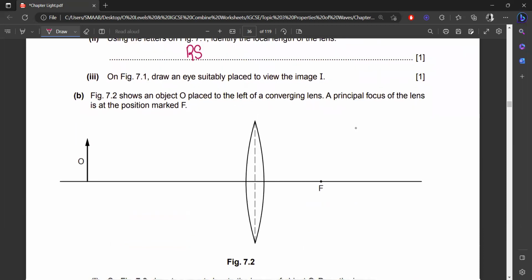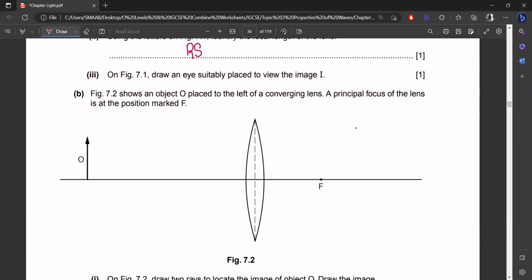Okay, on figure 7.1, draw an eye suitably placed to view the image. Now we have to place an eye in this diagram from where we can observe the object. So we know that we have to place the eye on the right hand side,